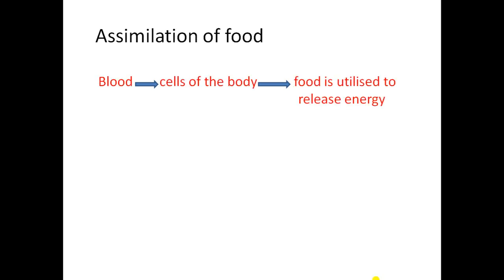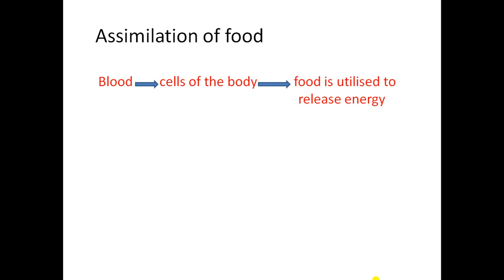Students, in earlier classes we learned about absorption in the small intestine, and we know that the small intestine has blood vessels present in the finger-like projections which we call villi, right? What we learned is that food finally gets absorbed in the blood. So assimilation of food means the blood carries the absorbed food. We can say that it absorbs digested food from the small intestine, and then it passes the food to different organs